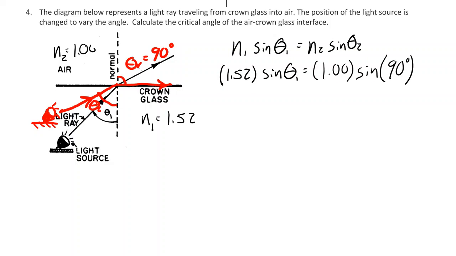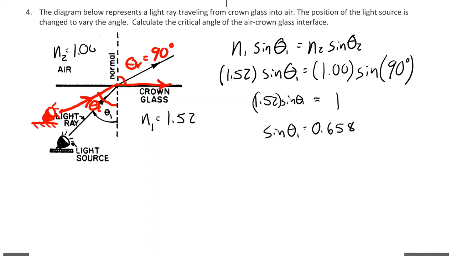The rest you could probably do because you did it in 15.4 refraction. But let's do it out anyway. So 1 times sine 90, that's equal to 1. So 1 is equal to 1.52 times sine theta. So sine theta is equal to 1 divided by 1.52, which is about